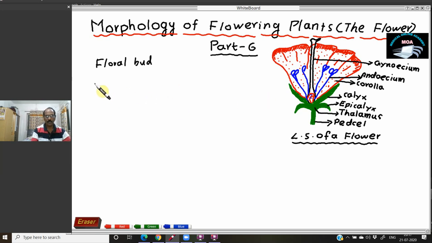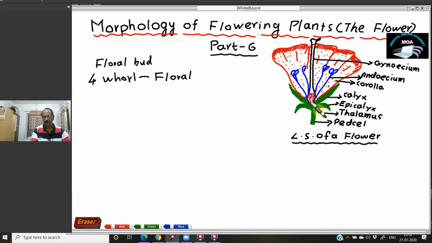And this flower has 4 whorls. The different parts are arranged in a circle, which is known as a whorl. Whorl means a circle, arranged in the form of a circle. So these are known as the floral whorls. So how many floral whorls? There are 4 floral whorls, and these whorls are arranged on a structure. That structure is known as the thalamus. A flower has a stalk. The stalk is known as the pedicel. The end of the pedicel is swollen and enlarged, and that enlarged swollen part is known as the thalamus.